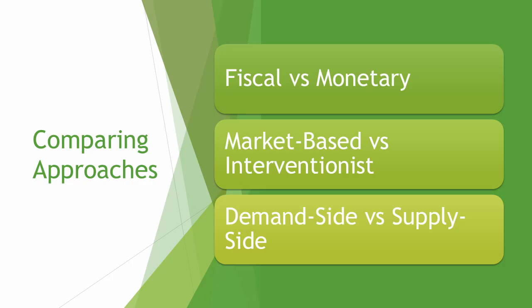Using market-based policy as a supply-side policy can be more effective than interventionist policy, as it relies on incentives and competition to improve efficiency with less government intervention. However, using interventionist policy can be more effective as the government can directly invest in education, training, and infrastructure where market failure exists.